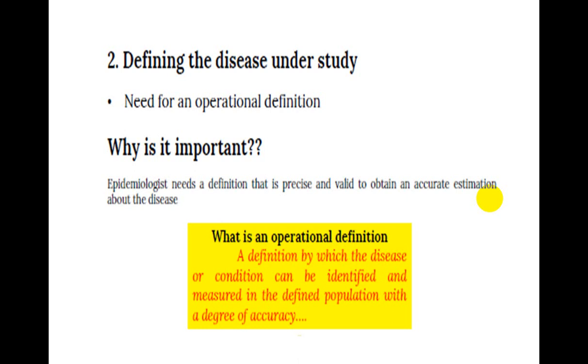Once the population to be studied is defined or specified, one must then define the disease or condition being investigated. Here, the needs of the clinician and epidemiologist may diverge. The clinician may not need a precise definition of disease, for example migraine, for immediate patient care. If the diagnosis is wrong, he can reverse it subsequently. But the epidemiologist, whose main concern is to obtain an accurate estimate of disease in a population, needs a definition that is both precise and valid to enable him or other workers in the field condition to identify those who have the disease from those who don't.